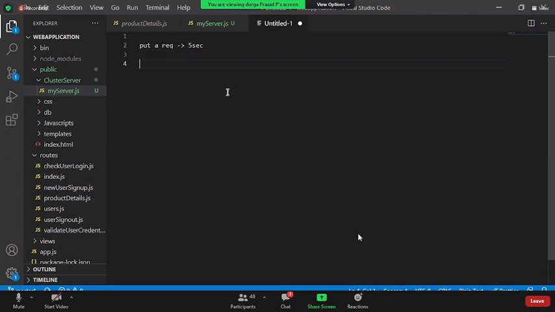Now, at a time, say for example, there are 10 requests being sent to the server. Can you tell me, in order to finish the 10 individual requests, totally how much time it is going to take?